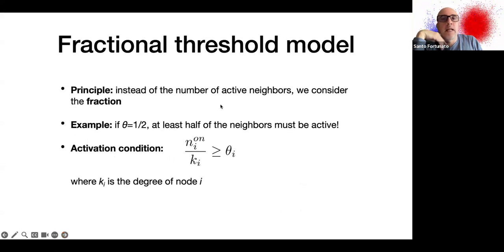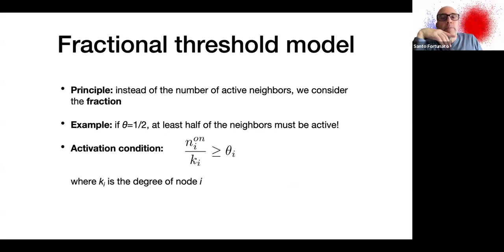Now, the last thing I want to tell you is that, so far, we considered the actual number of active neighbors, but since not everybody has the same number of contacts, it's hard to believe that, for instance, a person who has hundreds of contacts could be convinced by a single person or a couple of persons. It can happen, of course. It depends on how influential those people are. But it probably makes more sense also in the context of this peer pressure scenario,